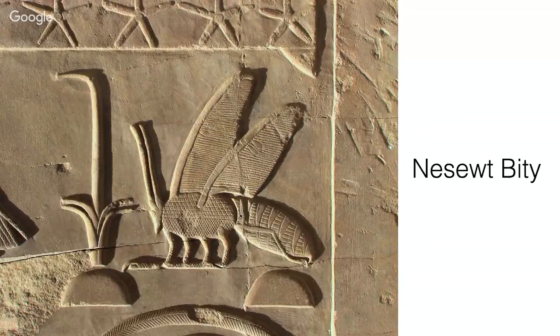So some people translate this phrase Nisut Biti as the dual king, and other people translate it as the king of Upper and Lower Kemet. So no matter how they translate it, we should all be familiar with what it's talking about. All right. Now, once you see the sedge and bee together like this,